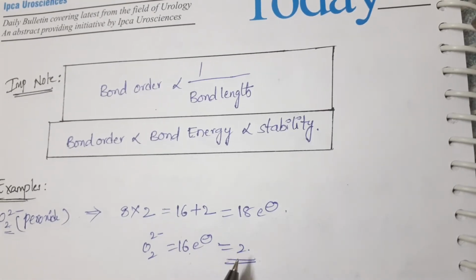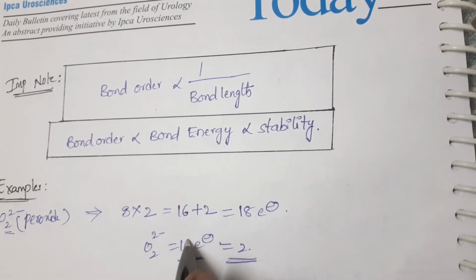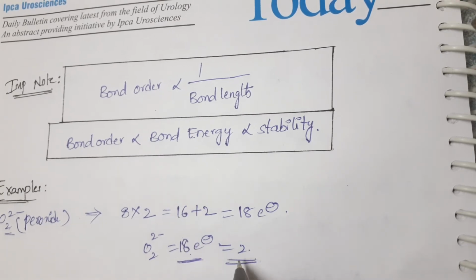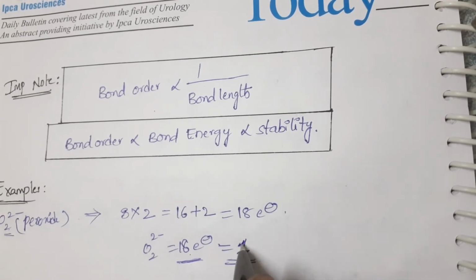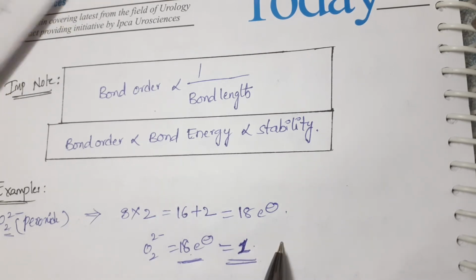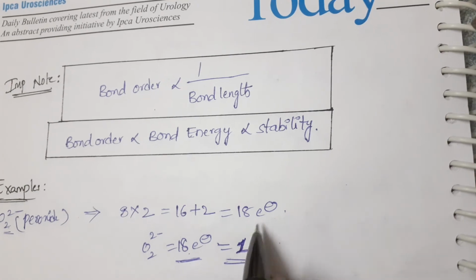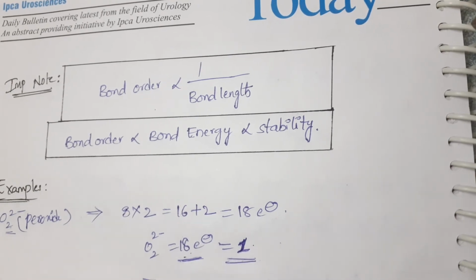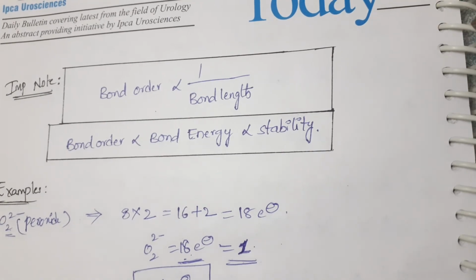By following the formula, we'll check if we get the same answer or not. Substitute these 18 electrons. For 18 electrons the bond order will be 1. Here totally 18 electrons, so for 18 electrons the bond order will be 1. Sorry for the mistake. Next, check it out by substituting in the formula. What is the formula? These contain 18 electrons. For greater than 14 electrons, we need to substitute in the formula.